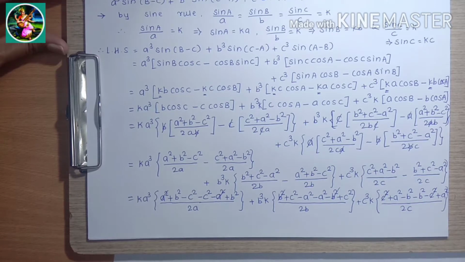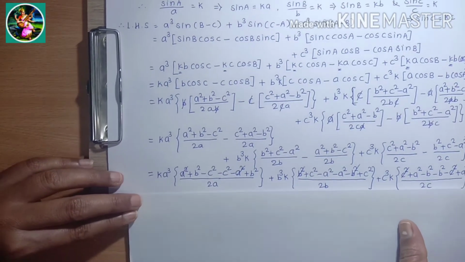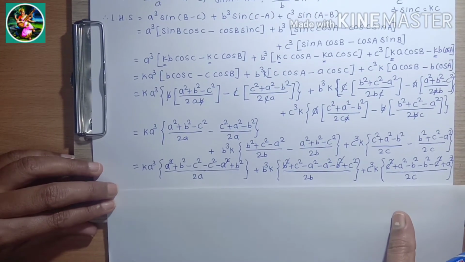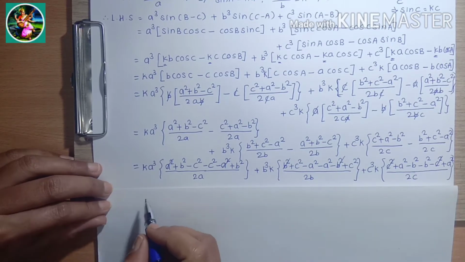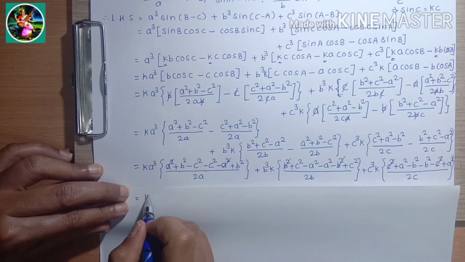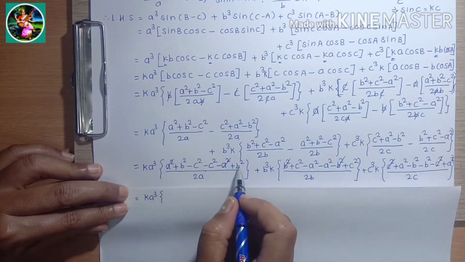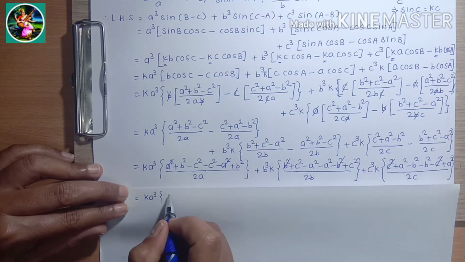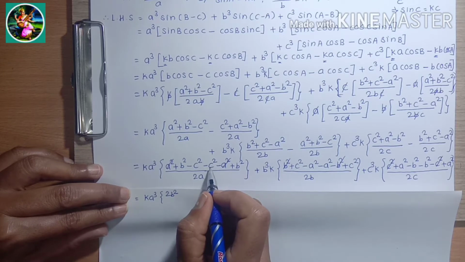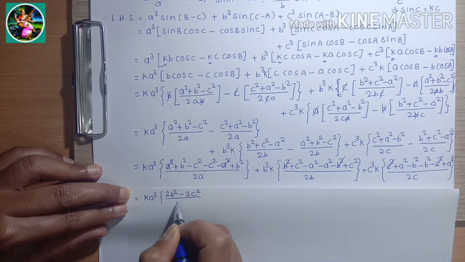Therefore here we write that is equal to ka cube into bracket, that is b square plus b square, that is 2b square, minus c square, that is minus 2c square, divided by 2a